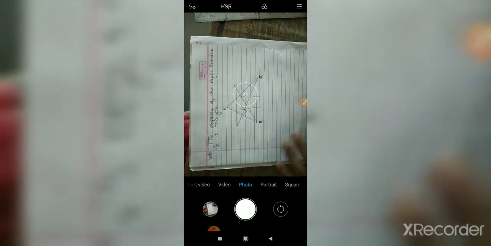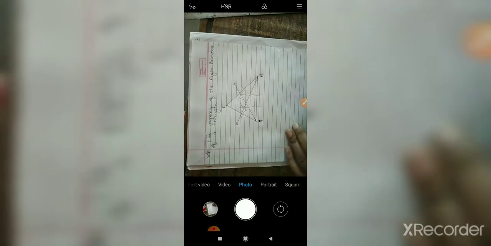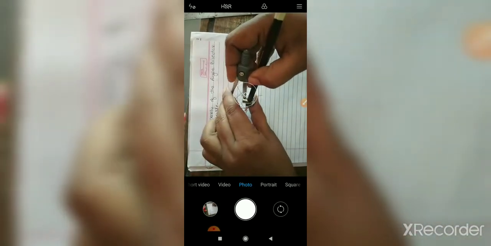Okay, so this is the angle bisector of angle R. After this, the remaining angle: we drew the angle bisectors for angle Q and angle R, and now we will draw it for angle P. The same steps of construction apply. Take a sufficient distance in a compass.